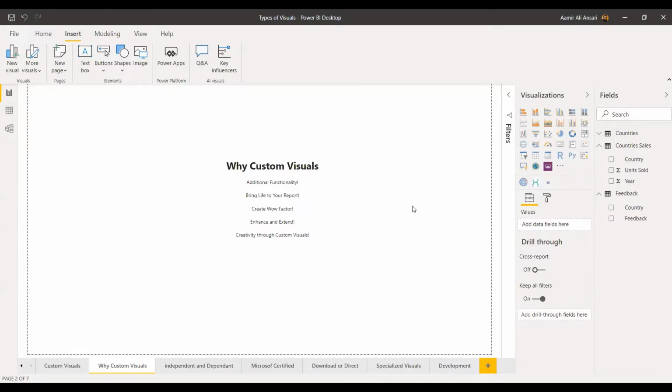Sometimes these reports are created for a large audience, like in seminars or in exhibitions, where people are spending only a little bit of time watching those particular reports, and you have to create some wow factors to attract them and glue them to your reports. Another thing is that you can enhance and extend your report, because there are some very specialized